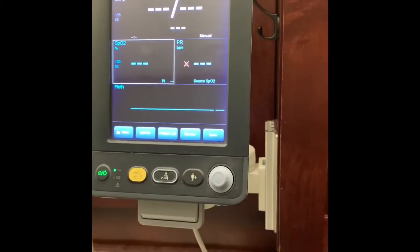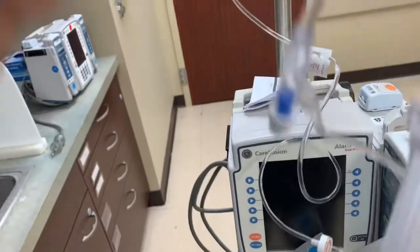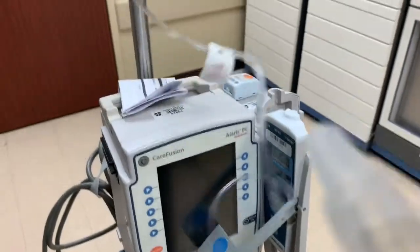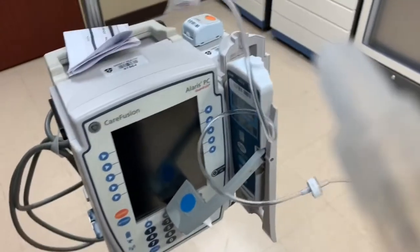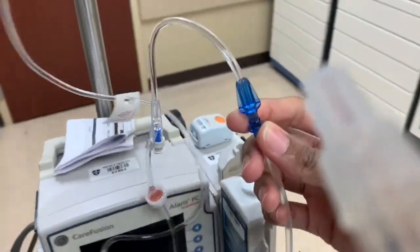Yeah. So here are the fluids, and I've already primed my line. Let me see if I can do this with one hand. So this piece,